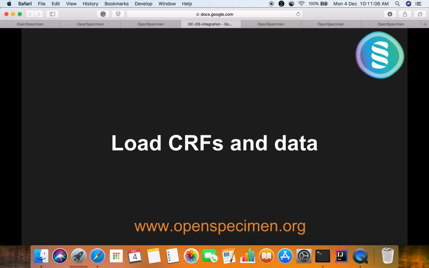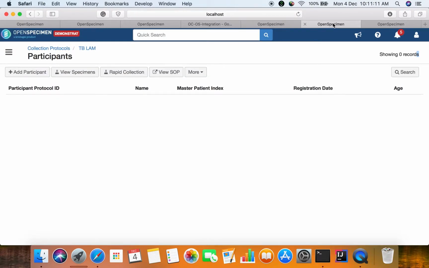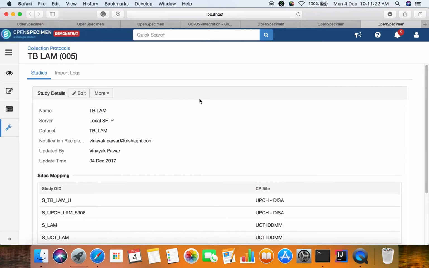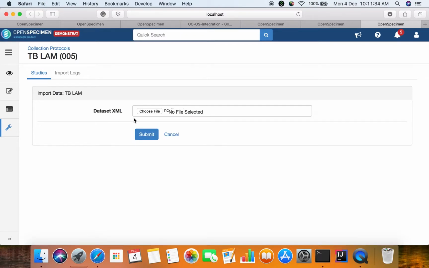The next step is to load the CRF metadata and data records into OpenSpecimen. Let me demonstrate that this particular collection protocol has no records or no participants or patients to start with. Let me now import a sample dataset XML that was created by OpenClinica into OpenSpecimen. We go to the study configuration page. From the More option, we choose an import option, and the user is asked to specify the dataset XML to